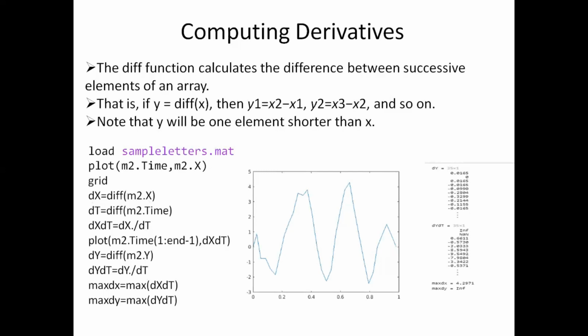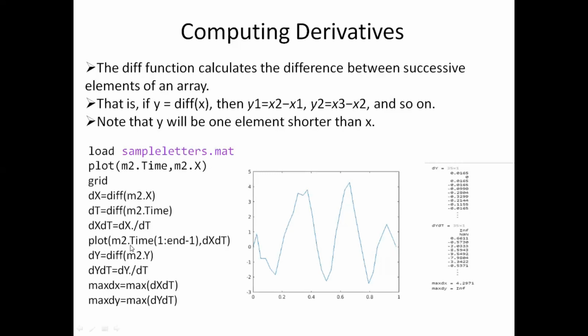What we have to note here is that dx is an array of elements containing the difference between successive elements, and similarly dt is also an array. So when I have to find dx divided by dt, I am dividing the elements in the array dx by the elements in the array dt. It is not a normal matrix division. This is an element-wise division that I need to perform, so I will use dot divided by. That is one difference to be noted here.